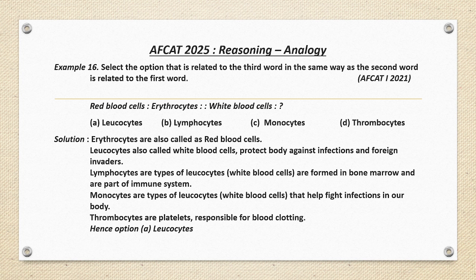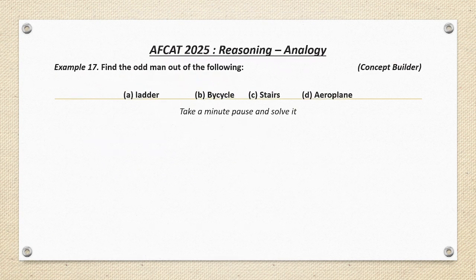Next, monocytes are types of leukocytes. Again, they are also white blood cells, right? Thrombocytes are platelets responsible for blood clotting. So option D is done, right? Now see, monocytes and lymphocytes are a type of leukocytes. Okay, so that cannot be the answer. Now, what is leukocyte? Leukocyte is a white blood cell, right? So that's why option A, leukocyte, is the correct answer. Next question,